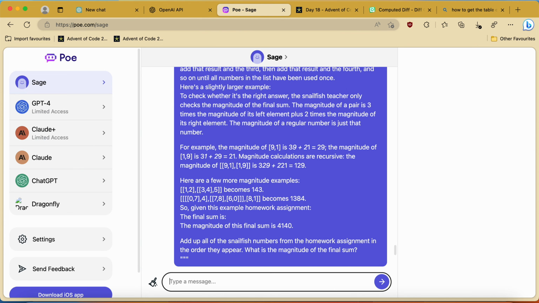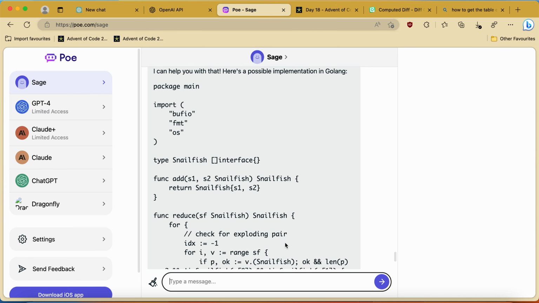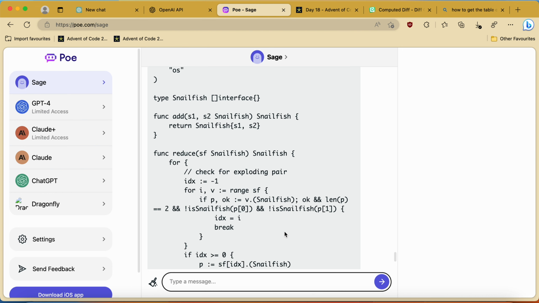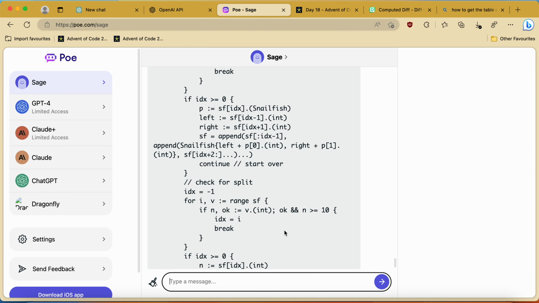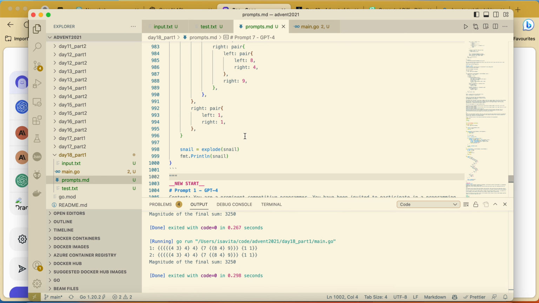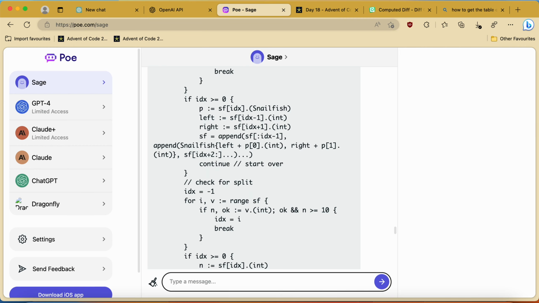I'm not sure what this model is doing. Okay, I can see it's doing some stuff, but one thing that worries me with this model, and it's partly probably a problem with GPT as well, is that it might be simply finding the solution from the internet, but let's see how